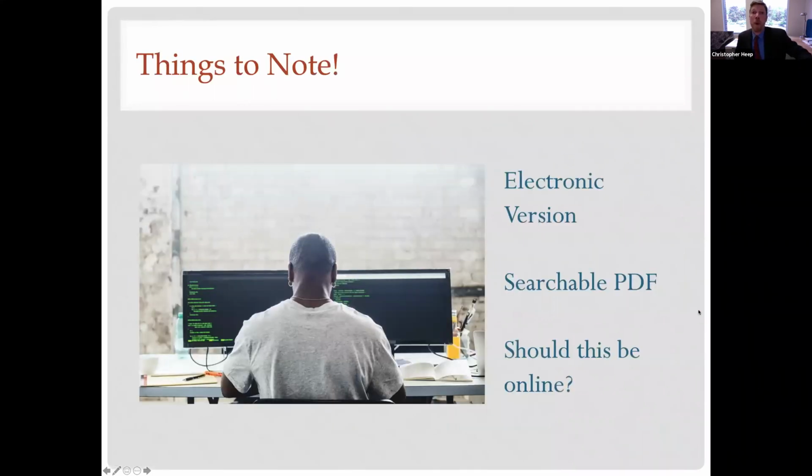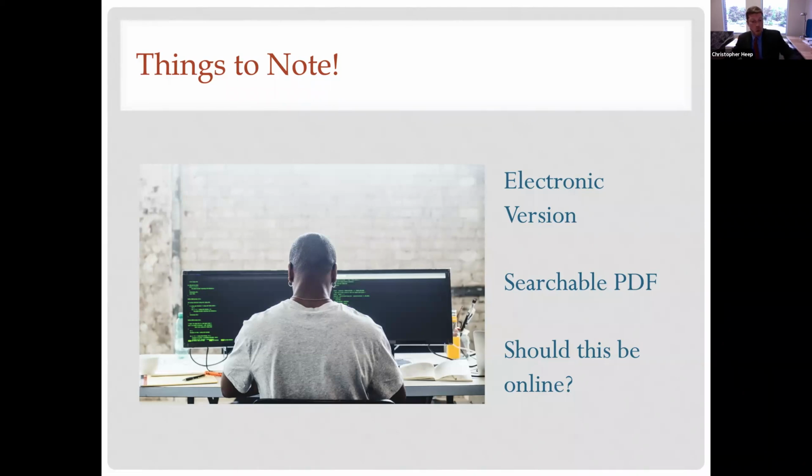A couple things to note about responding to public records, and this goes to how we provide the documents in our response. When we're providing records, we must provide the public records by electronic means unless the record is not available in electronic form, or the requester does not have the ability to access public records in a usable electronic form. If the requester indicates a preferred format for the documents, we must provide the documents in that preferred format to the extent it's feasible for the town to do so.